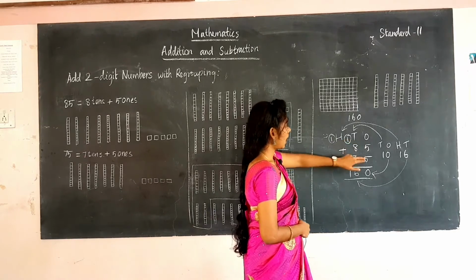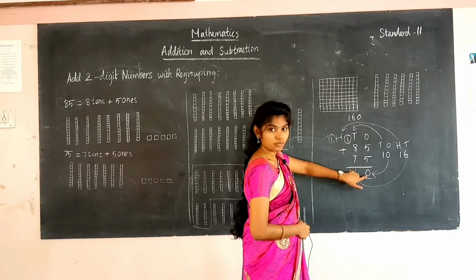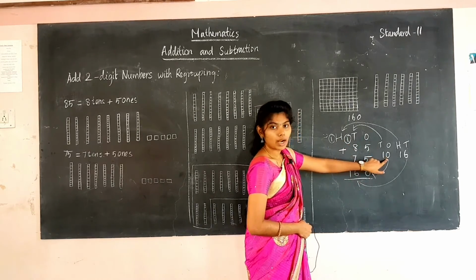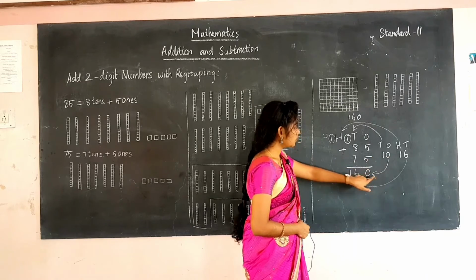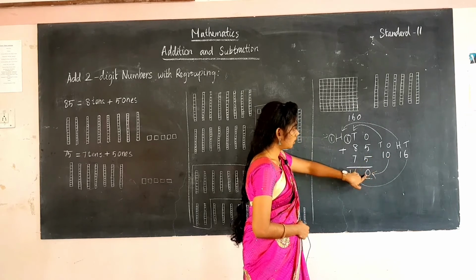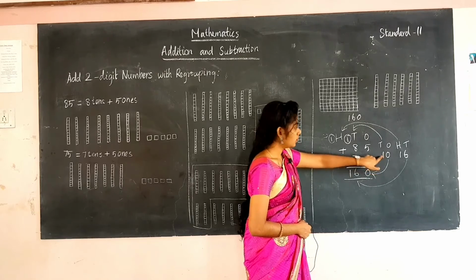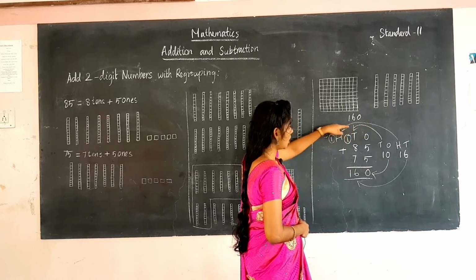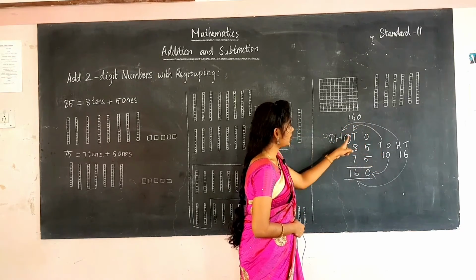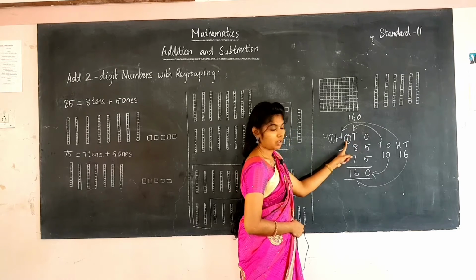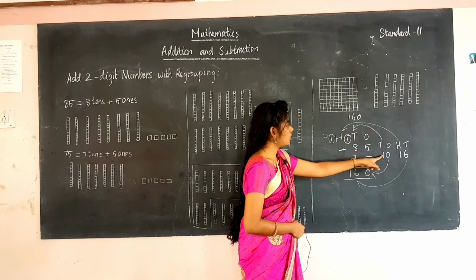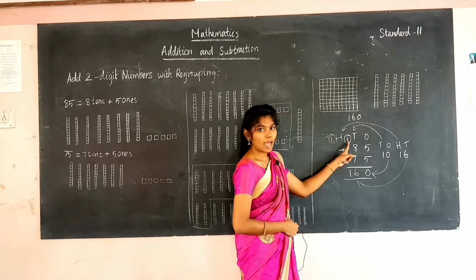What we have done, we have added the number in the ones place first. It's a 2-digit number, so we are writing outside, and then take ones place to here, that is 0 to here, and tens place number 1, take that to the tens place, and now add the numbers. This is what is meant by carrying over. 1 we are carrying over here, taking the tens place to the tens. So this is what is meant by carrying over a number.